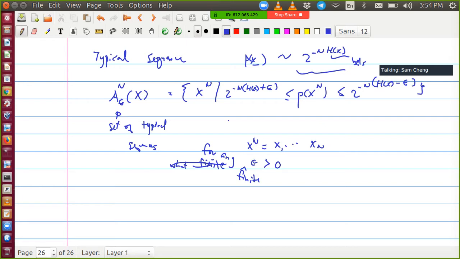Right? I'm not writing something extremely rigorous here, but if we really want to elaborate, it would be like the probability that you draw a sequence that is not typical will be very, very small as long as n is sufficiently large. And here we can pick any epsilon, it doesn't matter.